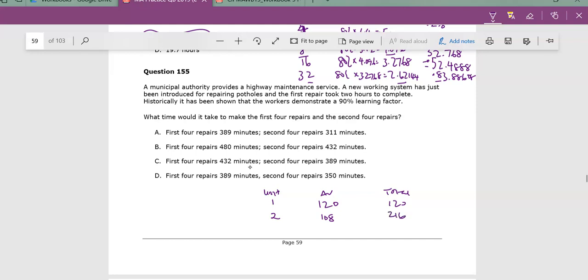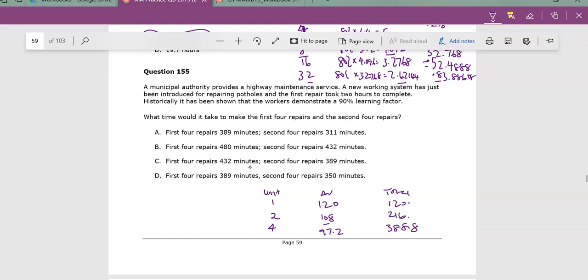Right? Because that's the average. 108 times 2 is 216. I can now find the time it took to make the second unit if I wanted. If it took that time to make the first, I can find the time it took to make the second. Okay, great. Then we double that again. For 90% of this 108 takes us to 97.2. That, if you like, is again 90% of that, and I can multiply this by this, and I will get